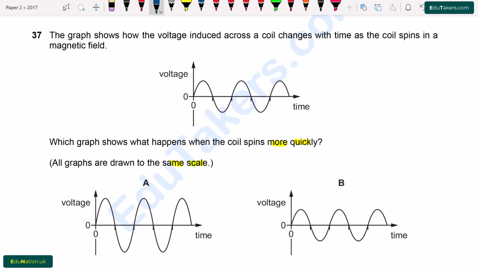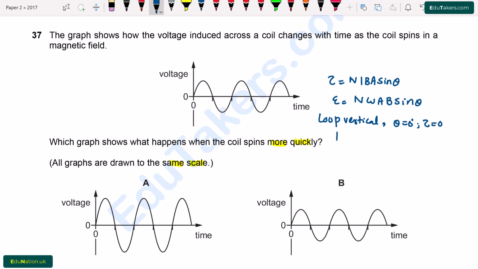So there will be the torque that is equal to NIBA sin theta, and the EMF that is induced here will be equal to N omega AB sin theta. Here when the loop is vertical, the angle will be equal to 0 degrees. In this case, torque will be 0.